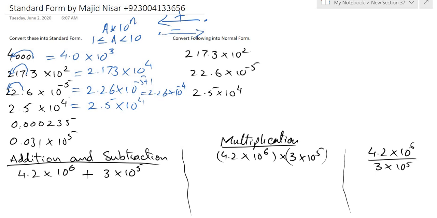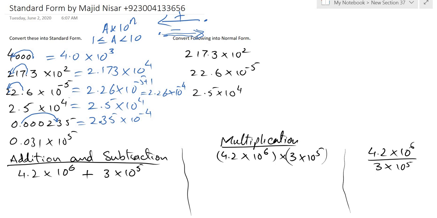Now in this part, the point is here and we have to put it after the first non-zero digit. This is 0, this is 0, this is 0. The non-zero digit is 2, so the point will be after 2. So 1, 2, 3, 4, the point is moving 4 digits right. What have I mentioned here? When the point is moving toward the right side, the power will be negative, so it will be 2.35 into 10 raised to power minus 4.